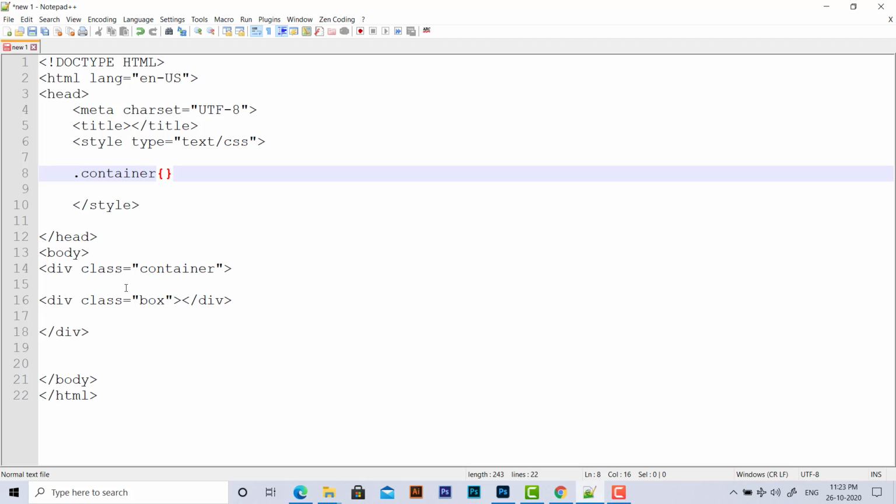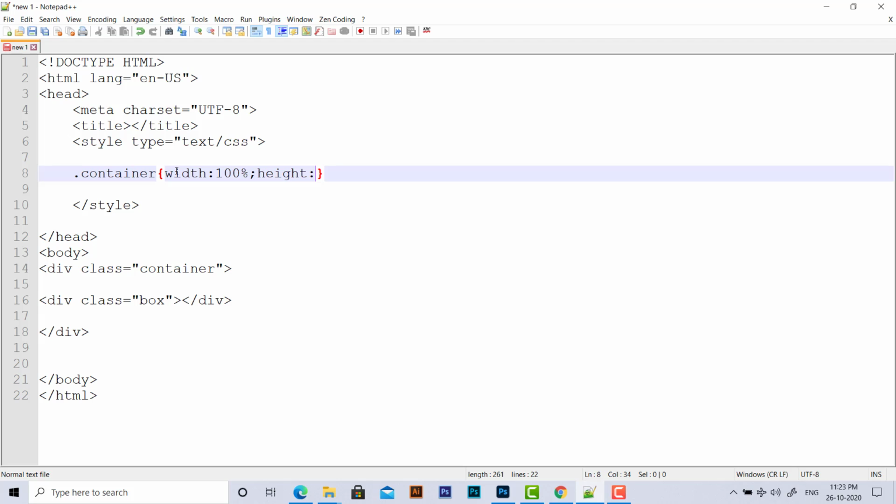This is the main container, and for this we are going to give a width of 100%. What this width is going to do is stretch the container to the entire width of the web page.